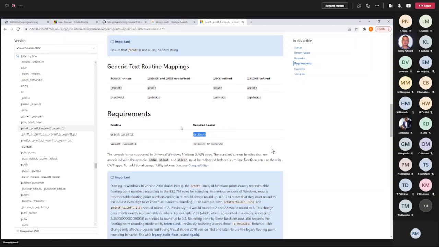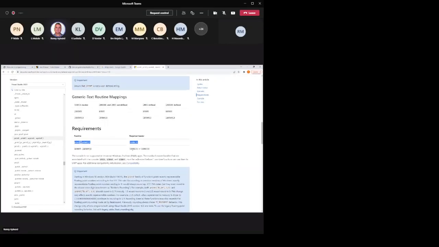So it says for printf, include standard IO. On this website, it tells you that if you want to use printf, you have to include the standard IO, because in the standard IO header, there is the description for printf.